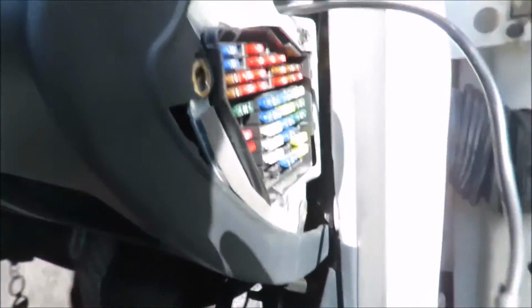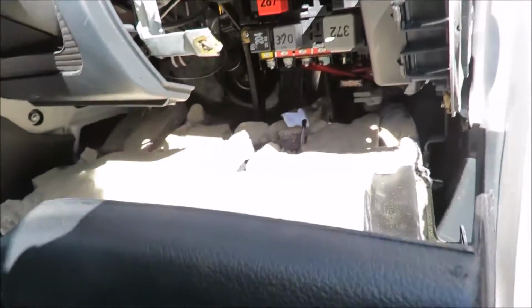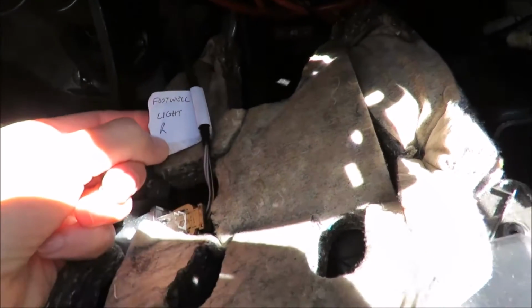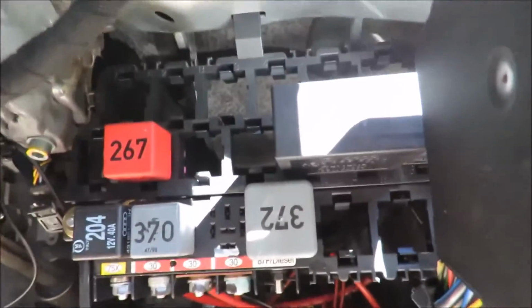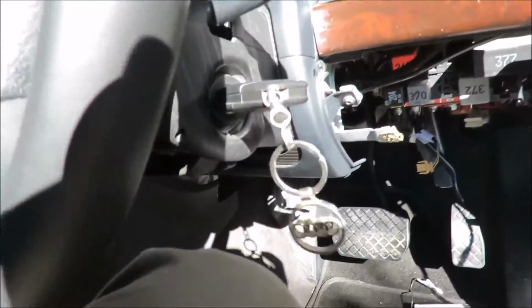And those screws will look like this. That's what they look like. And now I'm just going to pull the dash out, and you'll see I still got labels here, footwell light, for when I removed the dashboard. You see there's some relays and stuff in here as well, a control unit. I don't know what this is, but I'm not going to mess with it. So I just need to disconnect the interior light, the footwell light, and then we can actually pull this out and place it in the back of the car. So I'm just going to chuck this in the back, on the back seat,